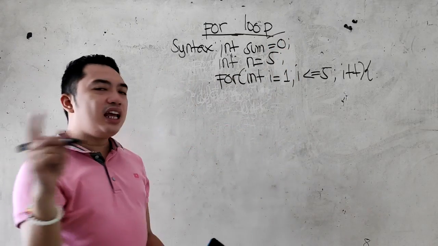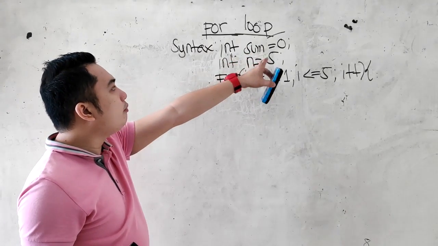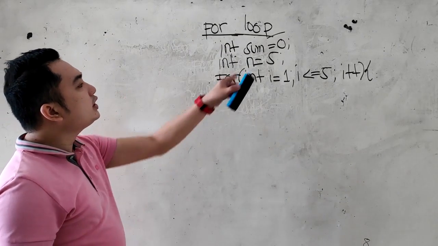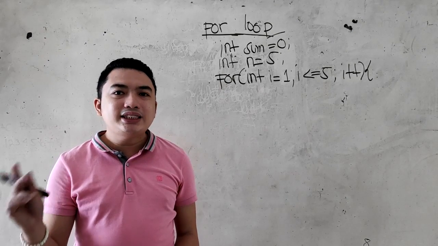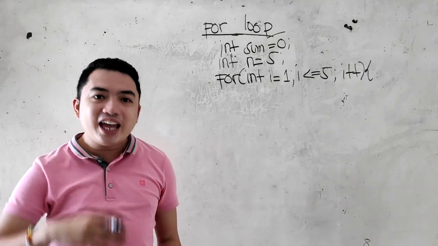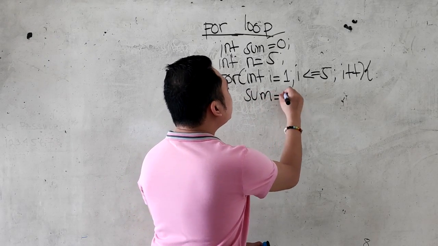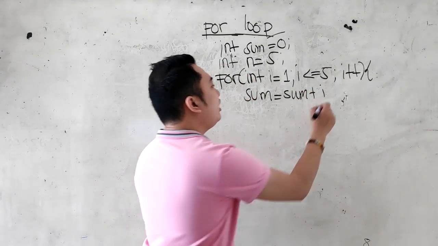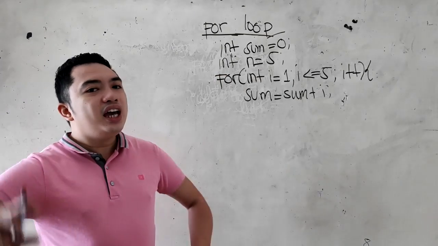So let's add a variable. Let's just put it on top of n. So int sum = 0. We basically add sum with the value of i as it goes on. So we will write here sum = sum + i, because i will be incrementing from 1, 2, 3, 4, 5 and it will be added to our sum.